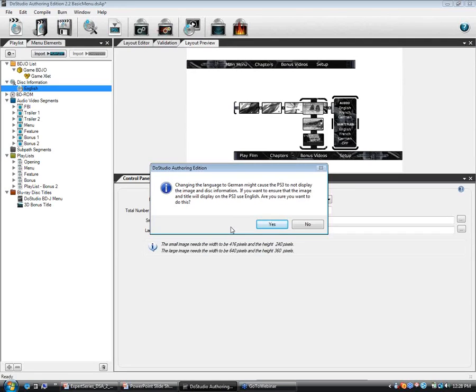It still has to be English. So we're just putting a warning for those who might not know that. It's in our manual, but sometimes it's easy to overlook little things like that. So now you know that